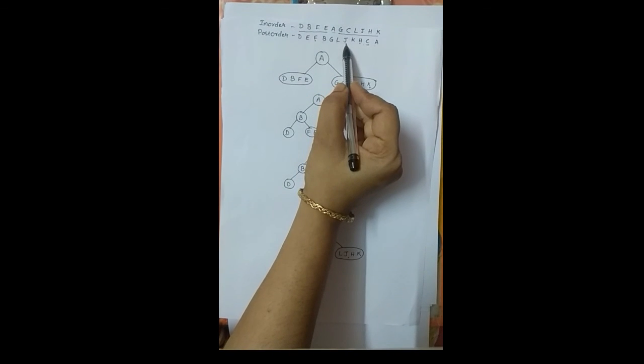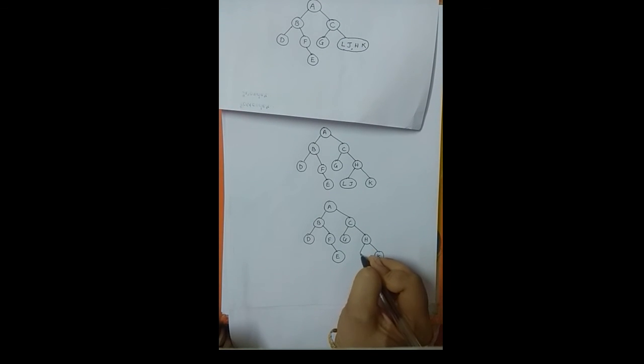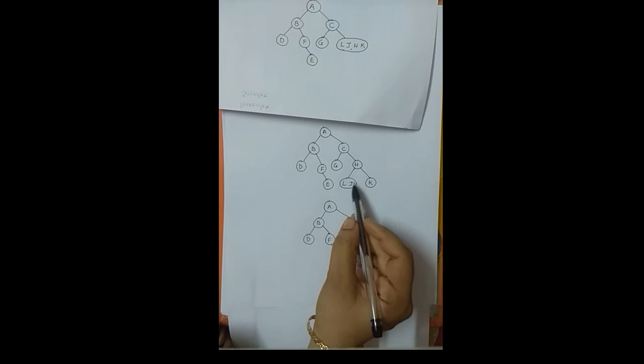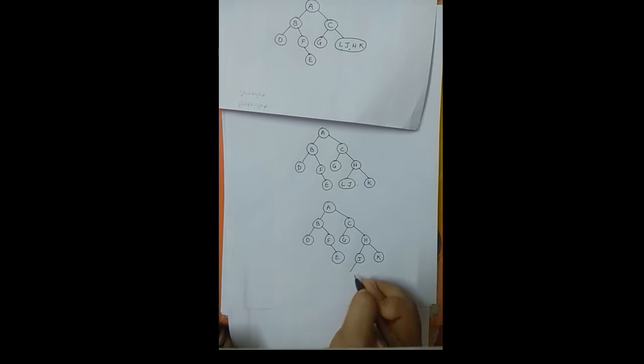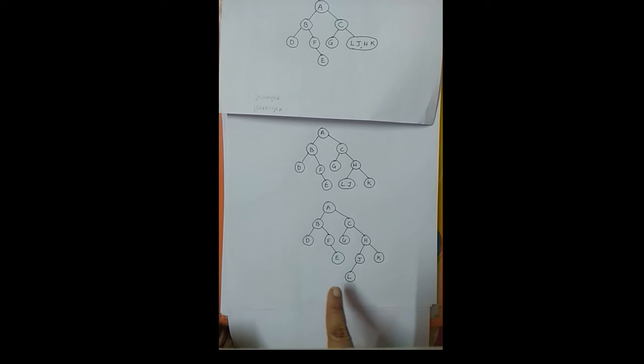Let us see the sequence L and J inside our post order. I can see L and J over here, out of which J appears at an end. So J becomes the root. I will mark it like J as a root. I can see on the right of J there are no values, so it would be null, whereas on the left of J we have got one value, so L becomes the left child of J. You can verify your answer by finding in order and post order traversal for this tree. You should get it the same as the one that is given in the question.